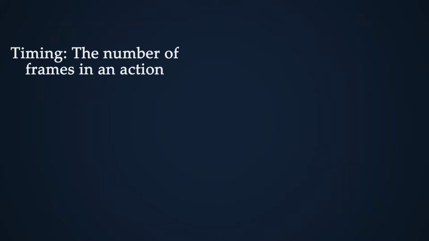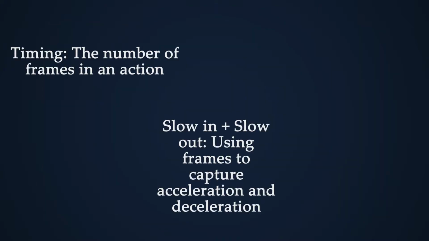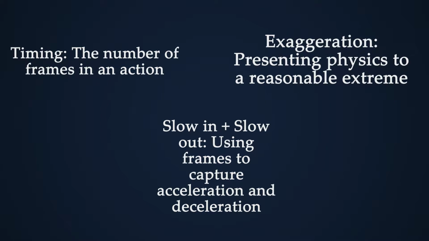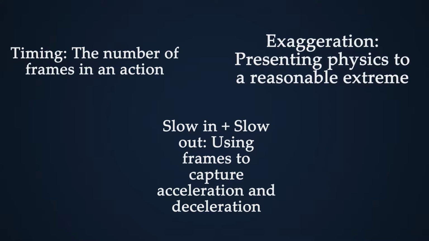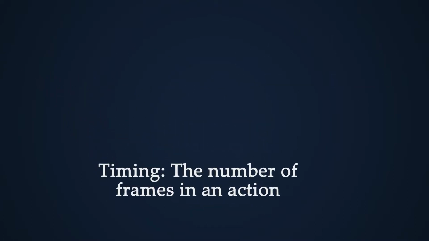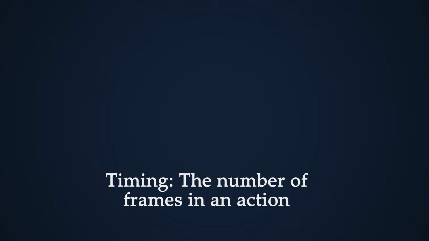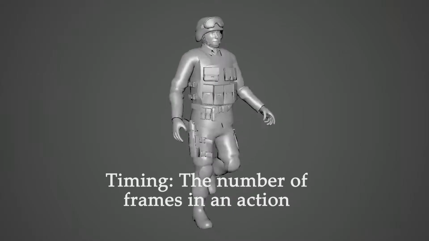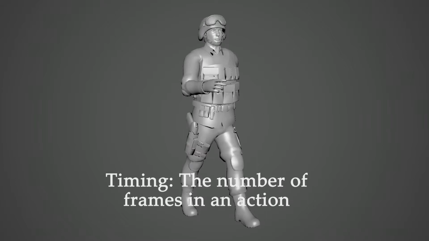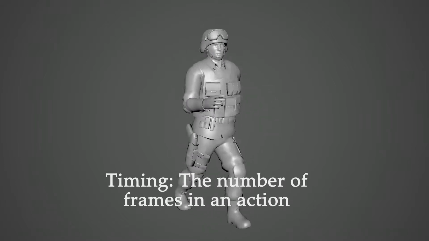Although intended for 2D animation, one can see that the principles outlined in this book are entirely applicable to 3D animation. We'll look at how timing, slow in and slow out, as well as exaggeration are all utilized in a 3D medium. One of the most important principles shared by the two mediums is timing. Luckily, most 2D and 3D films share a frame rate of 24 frames per second, which is especially good because when talking about timing, a few frames can make the difference between an action looking like it has weight and momentum and